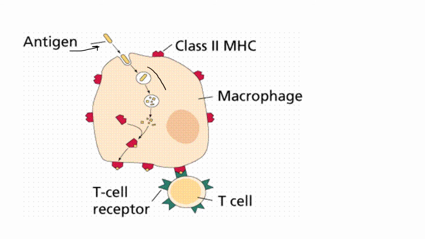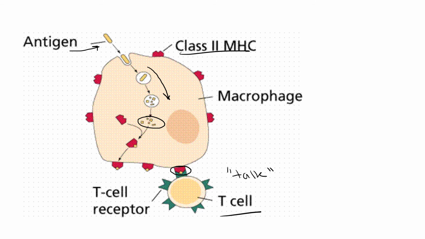It's getting engulfed by our macrophage, our phagocyte, or APC, and from there we are going to break apart the antigen and then present it on the outside on our class 2 MHC proteins. From there we are going to talk to, if you will, a T cell and say, hey, if you see anybody with this particular antigen,